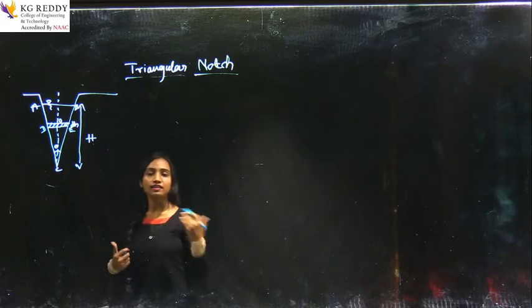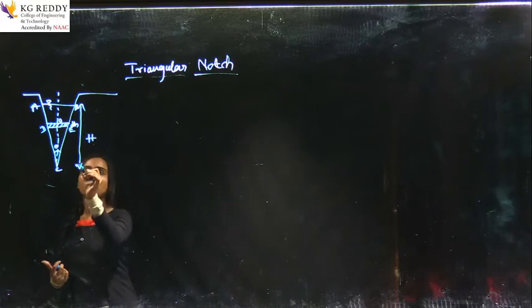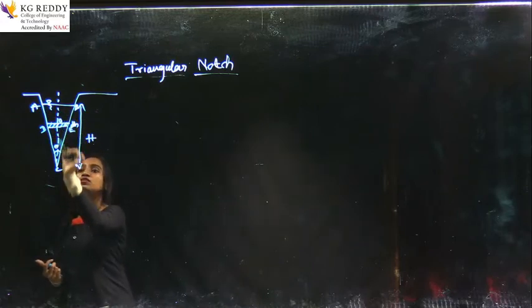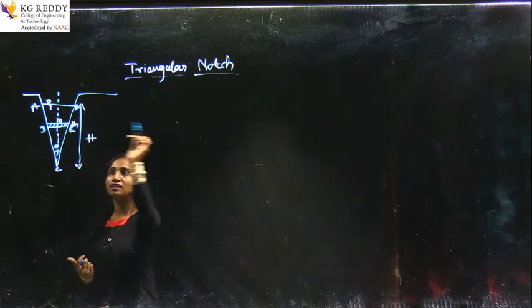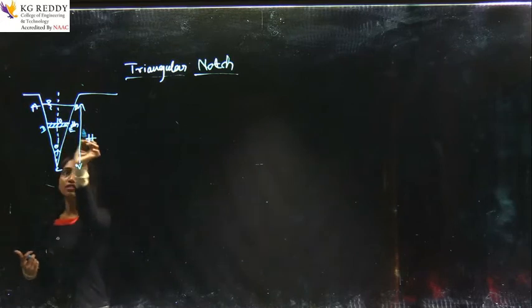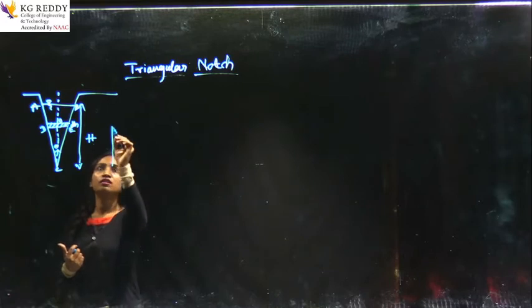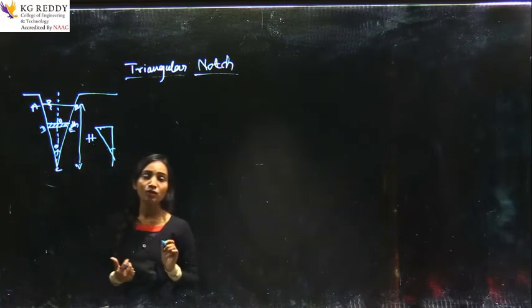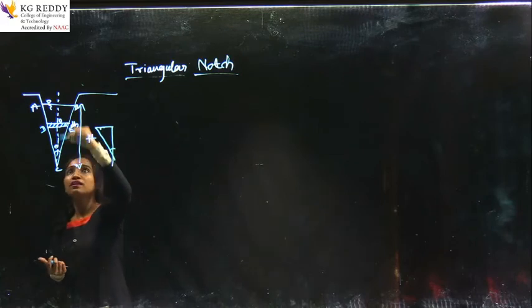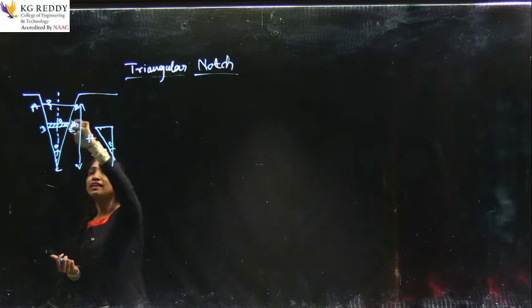The description of the figure is: consider one triangular notch with height H, the notch angle is theta, and consider a small strip in it whose thickness is dh. When you consider the dh, you take this part to the outside. It looks like this triangle. This total angle is theta, so I divided it into 2 parts, and now it is theta by 2, and this height is O to C.